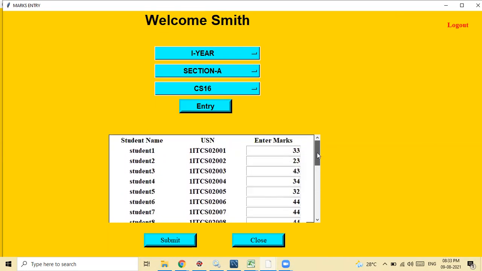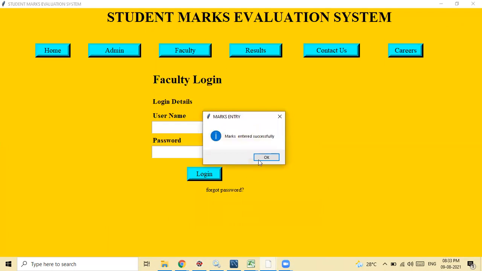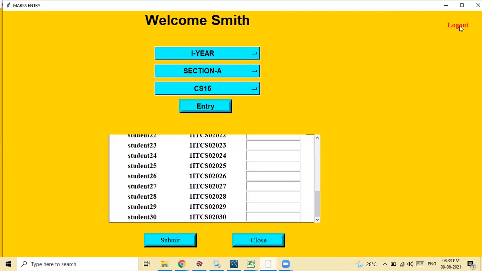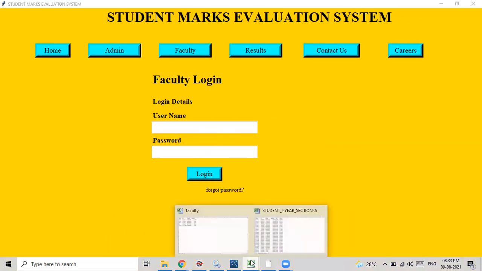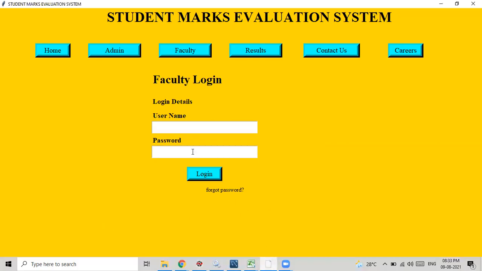Marks have been entered for all the 30 students. Marks entered successfully. Now the faculty can log out from the system. Next faculty is Sam. So we will log into Sam's account.